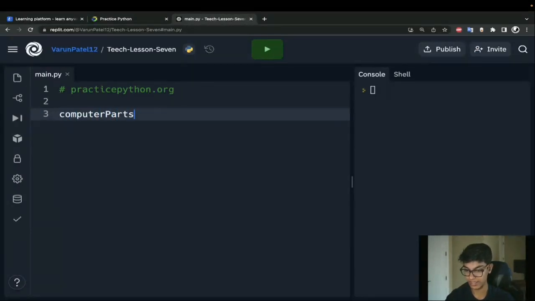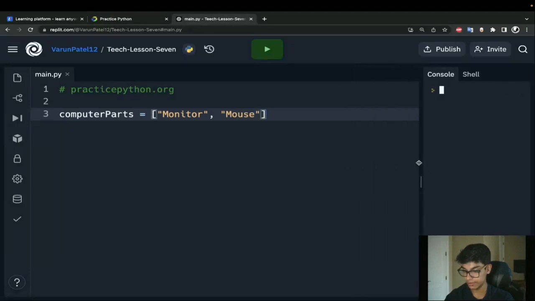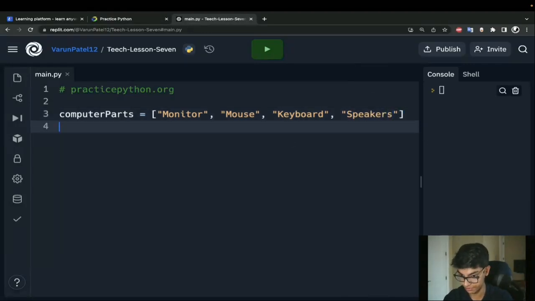We're just going to make a list of computer parts. You have your monitor, you have your mouse, you have your keyboard, you have your speakers. All right, we'll just keep it short and simple.